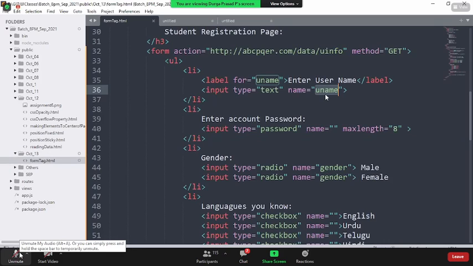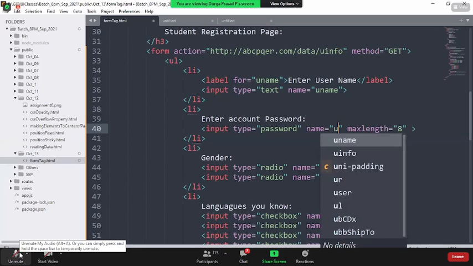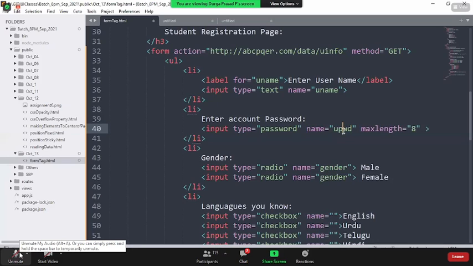The elements which do not have the name attribute, the form tag is not at all going to carry their data, because what should I say? What type of data is it? What actually is it? We cannot say that. So that is the reason. Anytime you're putting any input elements within the form tag, for sure they have to have a name attribute. I say name equal to upassword, or else I say account